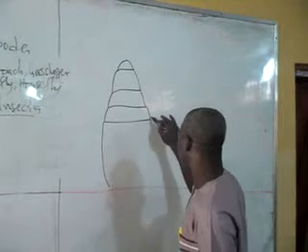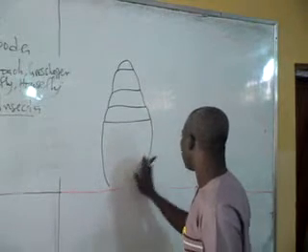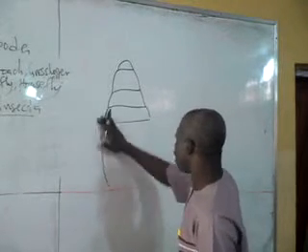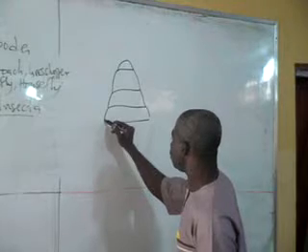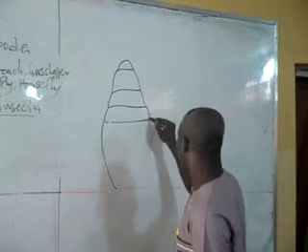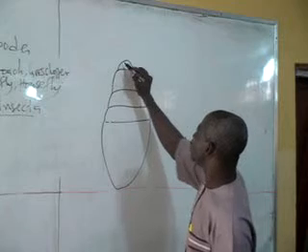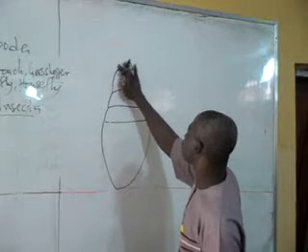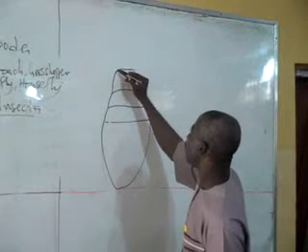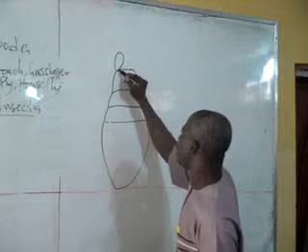Then we have the abdomen, assuming that that's our abdomen that comes down. We just use the space that we have. So this place houses our